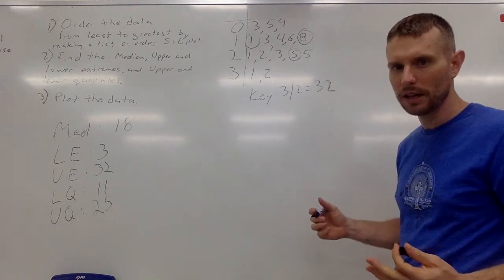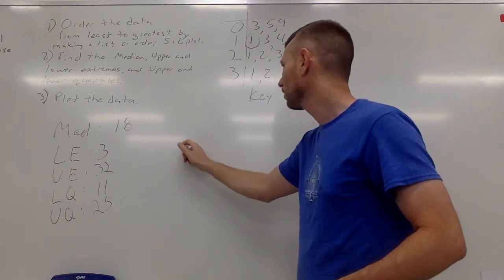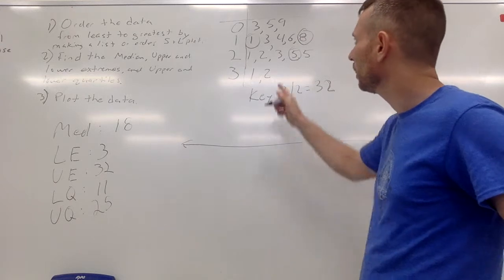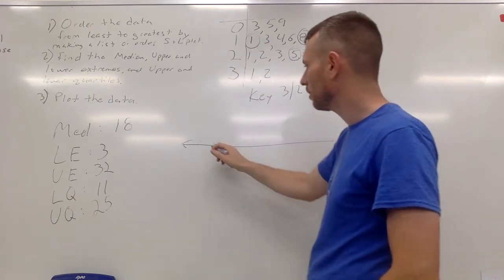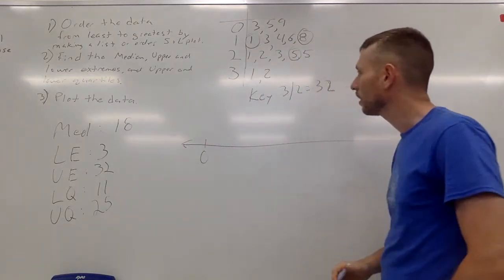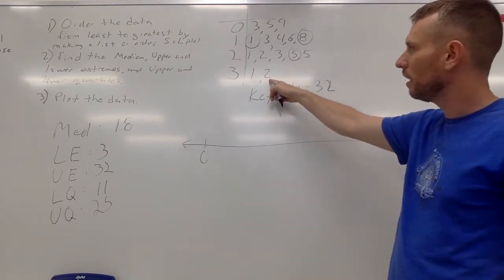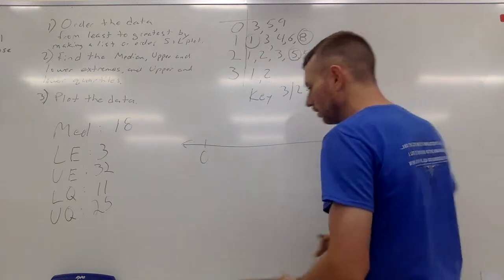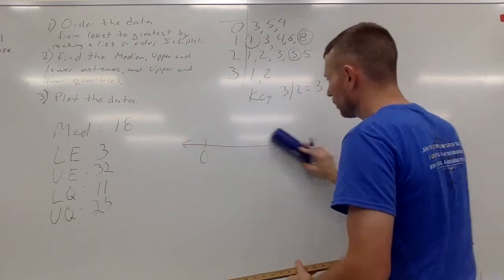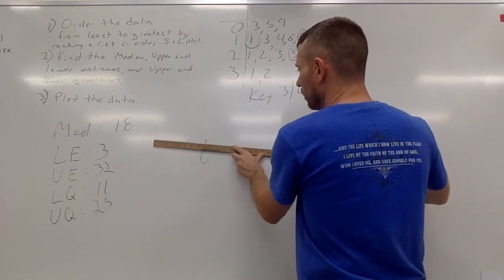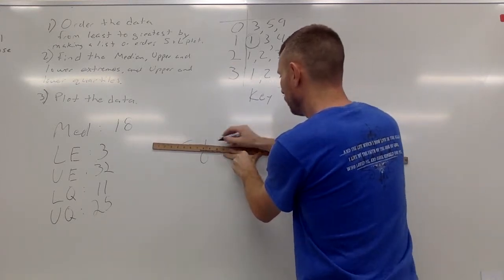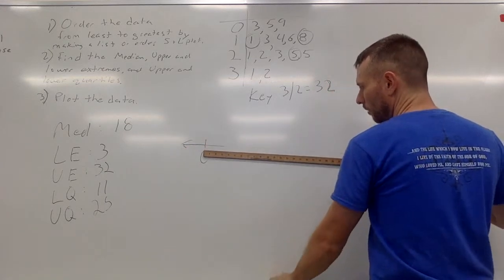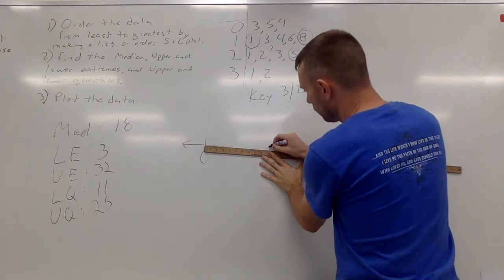Now all we need to do is plot the data. Now, I'm going to make a number line. Okay, and on my number line, again, my smallest number is 3, so I'm going to start my number line at 0. That makes sense, right? And then my highest number is 32, so, of course, using a ruler, and you'll want to be accurate about this, you want the spacing even, make a nice number line. So I'm going to say 10 inches. There's 10,